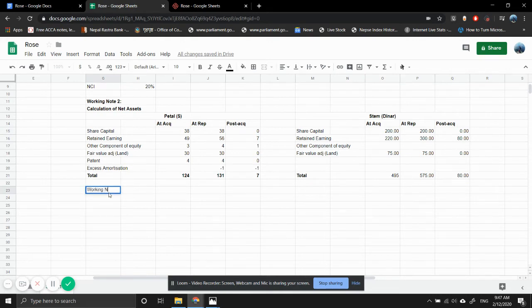This will give us our goodwill, right? Working note number 3, calculation of goodwill. So bold it, and then in case of STEM, right? Cost of investment, fair value of non-controlling interest, less fair value of net assets acquisition